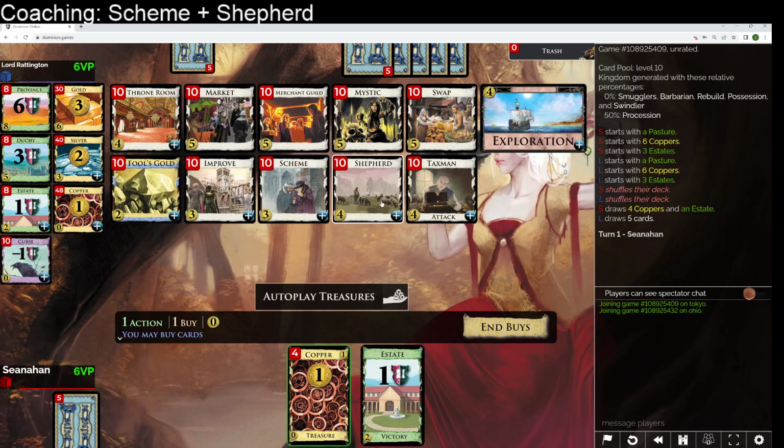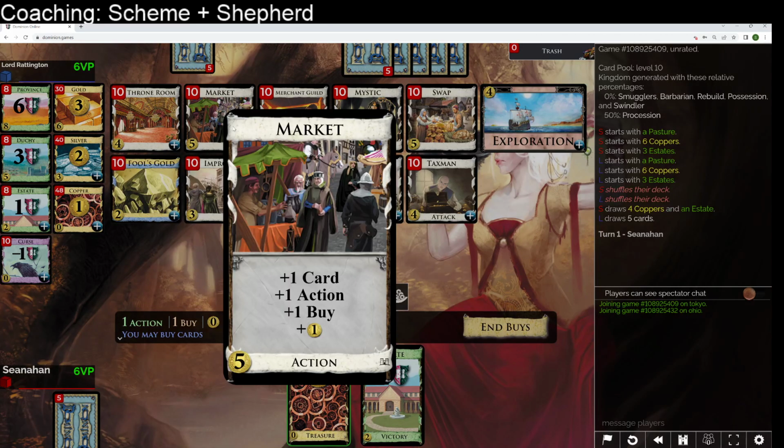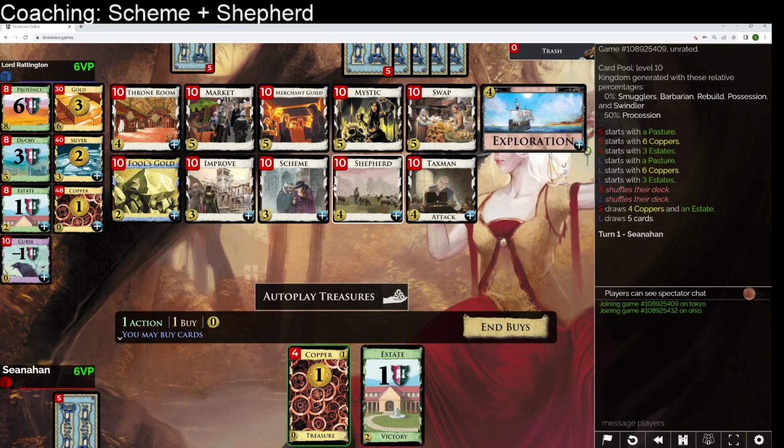So we're going to go ahead and open Shepherd Scheme. I think we're going to try to pick up another Scheme and a Taxman, start turning Coppers into Fool's Golds to give us some payload, maybe get a couple of Markets, and then at some point we grab a second Shepherd, a second Scheme, a Swap. And I think we're probably going to delay greening